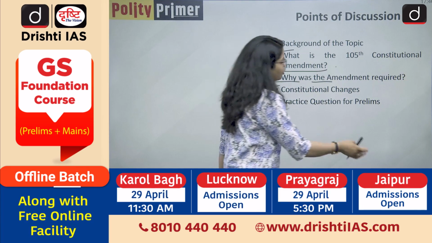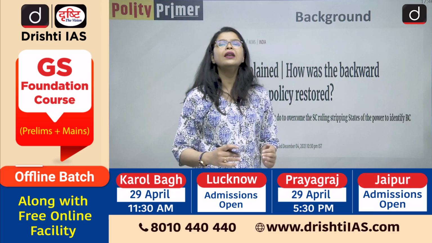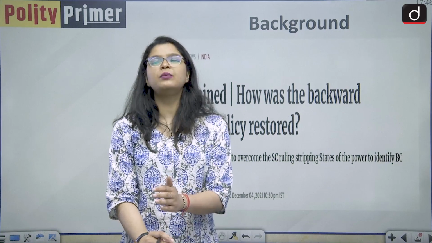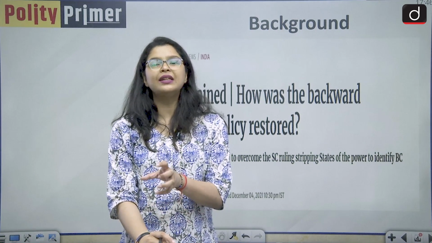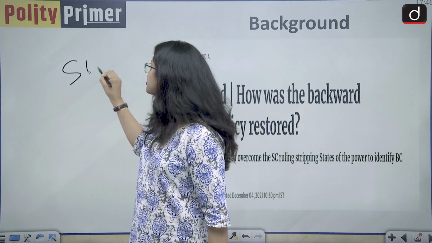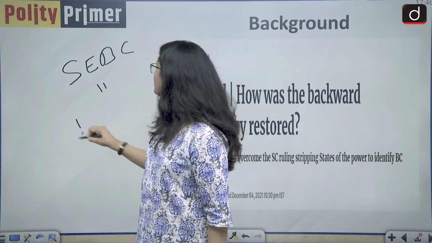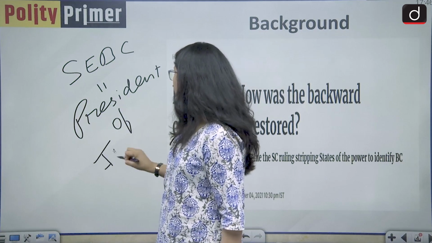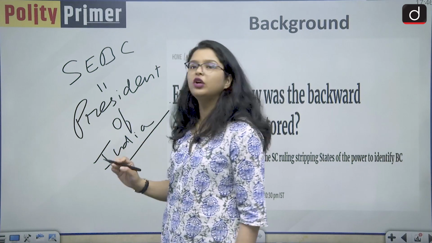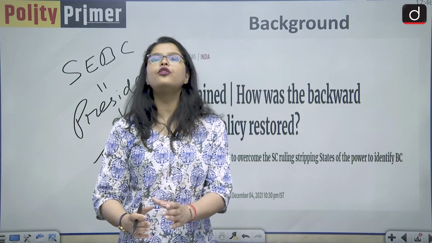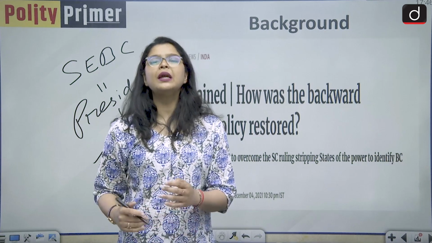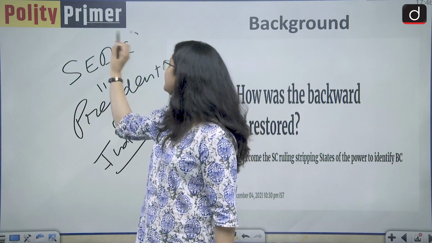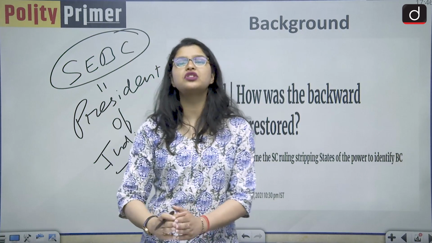So if I talk about the background of our today's topic, the 102nd Constitutional Amendment Act gave a constitutional status to the National Commission for Backward Classes. It also stated that the socially and educationally backward classes can only be identified by the President of India. So by the wordings of the functions and the role of the National Commission for Backward Classes, it became clear that only the President of India had the power to notify who falls into the category of socially and educationally backward